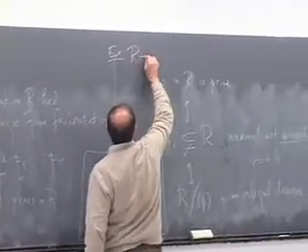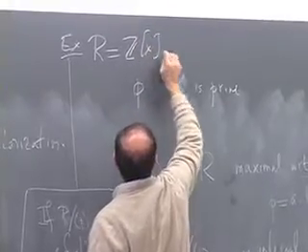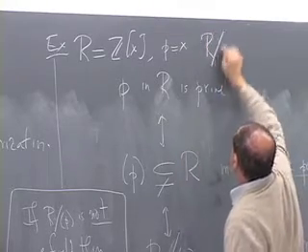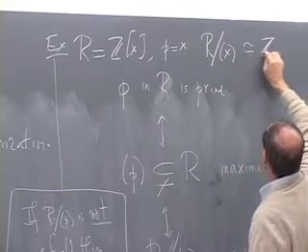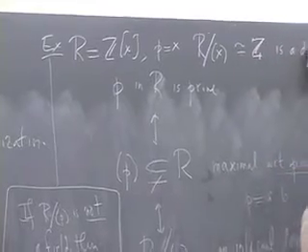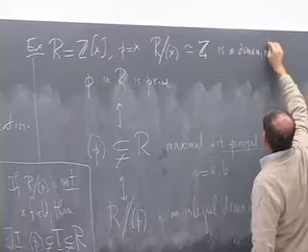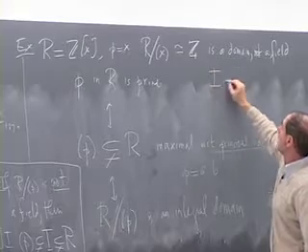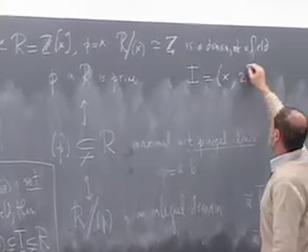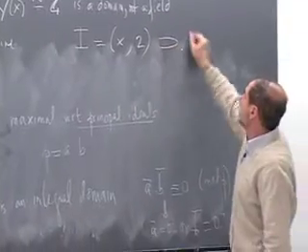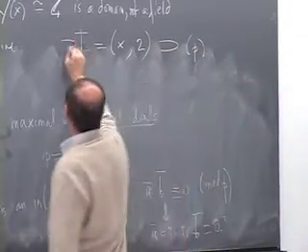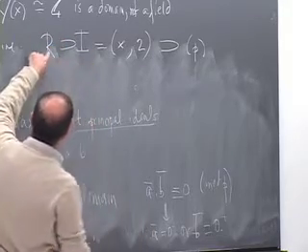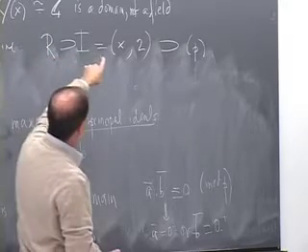Example where the ring was polynomials over the integers and where the prime was x, and then R modulo the ideal generated by x we showed was isomorphic to Z, and that's a domain but not a field. And I gave an example of an ideal I that contained P, namely you take the ideal generated by x and a prime number like 2 that contains the ideal P, but it's not equal to R because it's the